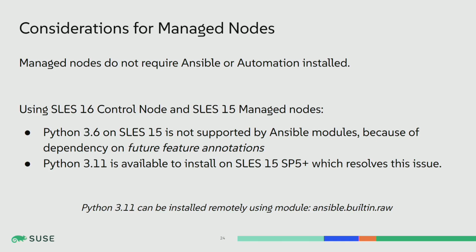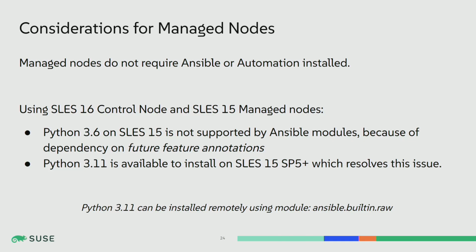So since we have jumped to 3.11, it works for 16 to 16 communication, but if you are trying to deploy something on 15 from 16, you need to install Python 3.11. On 15 SP5 and higher, Python is present, but it has to be installed, which can be done using the raw module that is mentioned here.